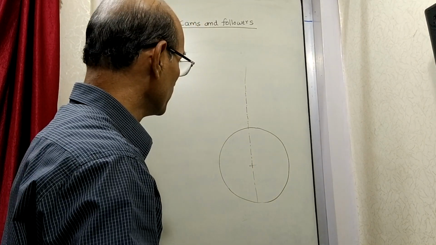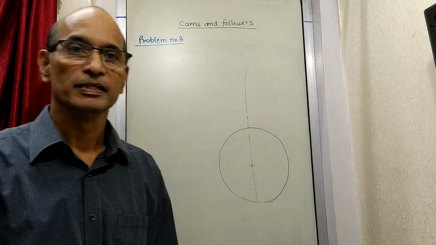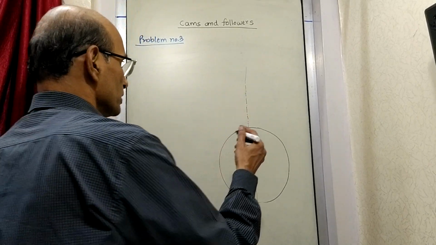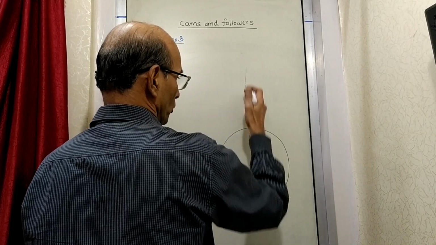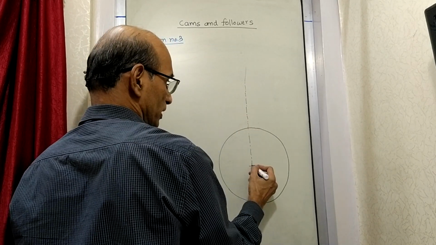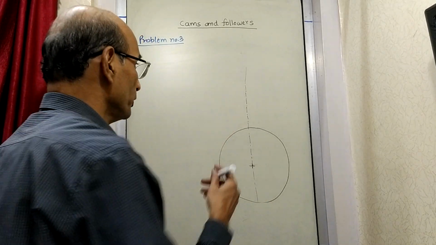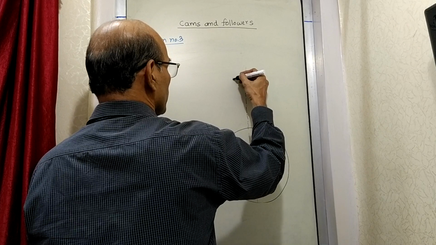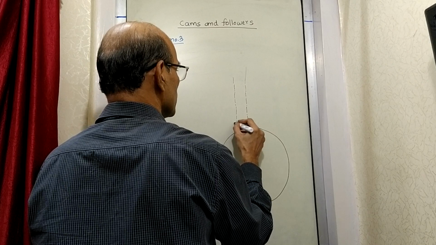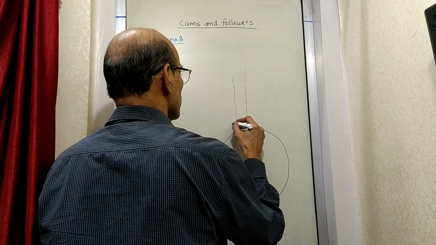So first the base circle is drawn, and now we know that there is an offset follower, and the offset distance is 15 mm. Last time we drew the follower here because the follower was radial. The line of action of the follower was passing through the center of rotation of the cam. Now it is going to be offset by 15 mm. So we draw one line at a distance of 15 mm like this. And this is the position of the follower going to be. So the follower is here.